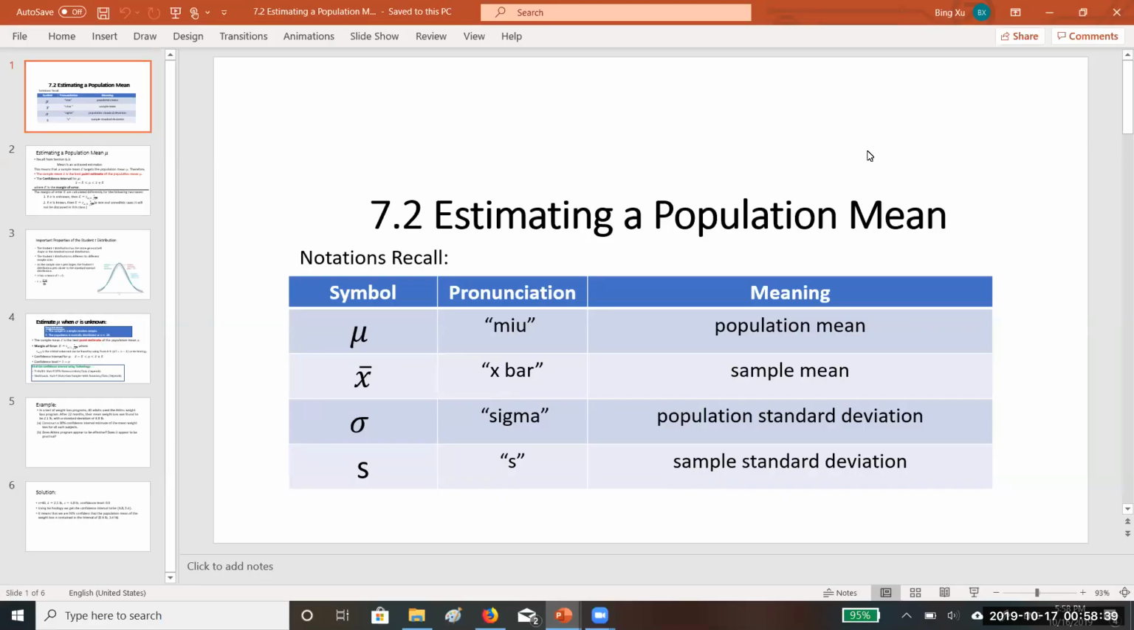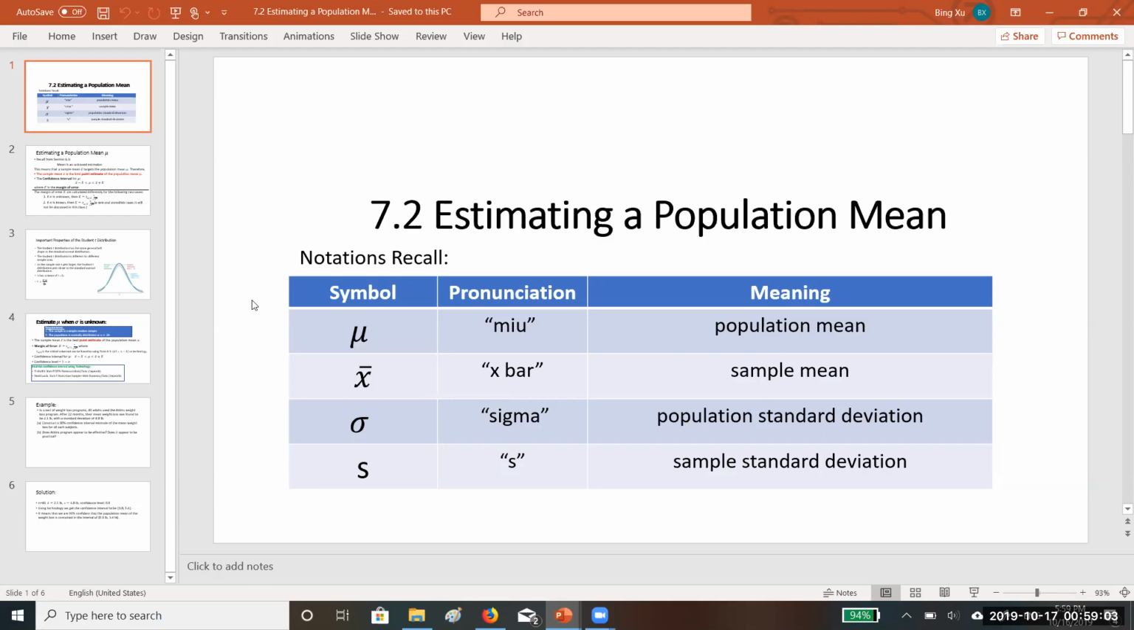Okay, today we will talk about 7.2 and 7.3. 7.2 is about estimating the population mean, and 7.3 is estimating the population standard deviation or variance. Okay, so starting from 7.2,